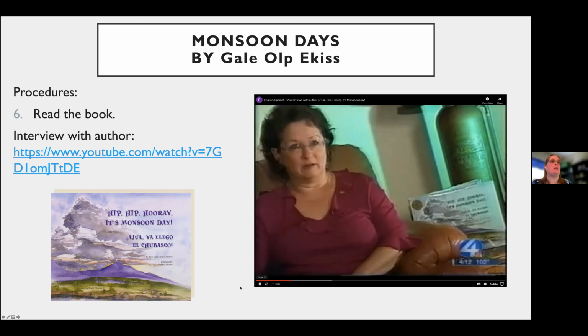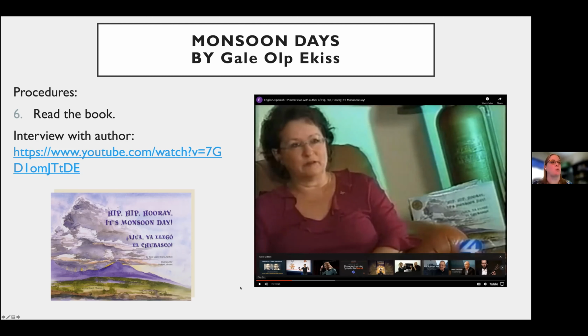So that's what I really like about this book, it's not just the story that pulls the students in. You then get to talk about the safety of what to do and not do in monsoons. And as it said, it's a very thick book and has quite a few illustrations. In the back, it has a bilingual dictionary or glossary, if you will, because this book is written in both English and Spanish. And there's different versions of it. It's so sweet to see how she gets to incorporate all of her experience into writing these books.